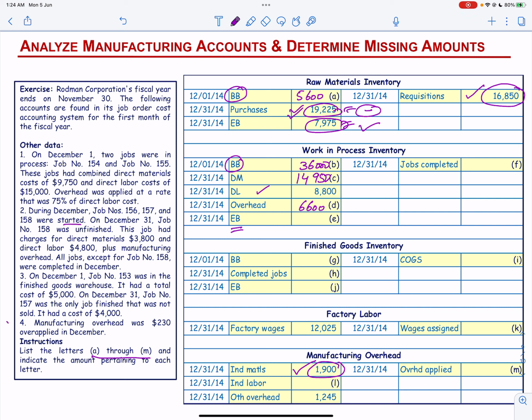On December 31 job number 158 was unfinished. This job has charges for direct material 3,800 and direct labor 4,800 plus manufacturing overhead. Now don't forget that manufacturing overhead is 75% of direct labor. So the ending balance will be